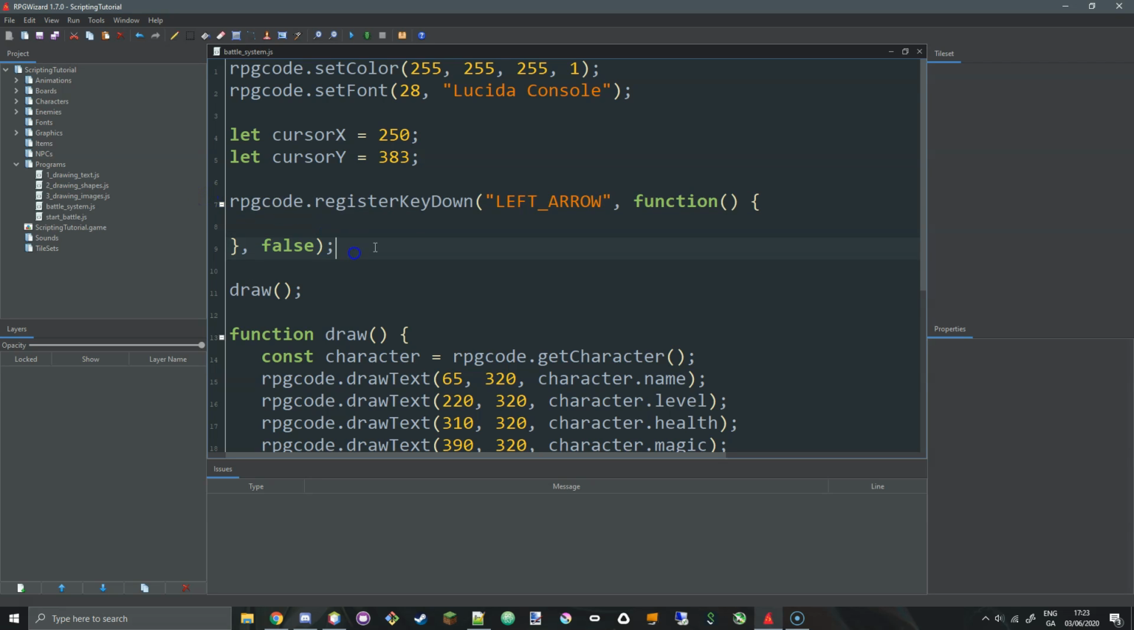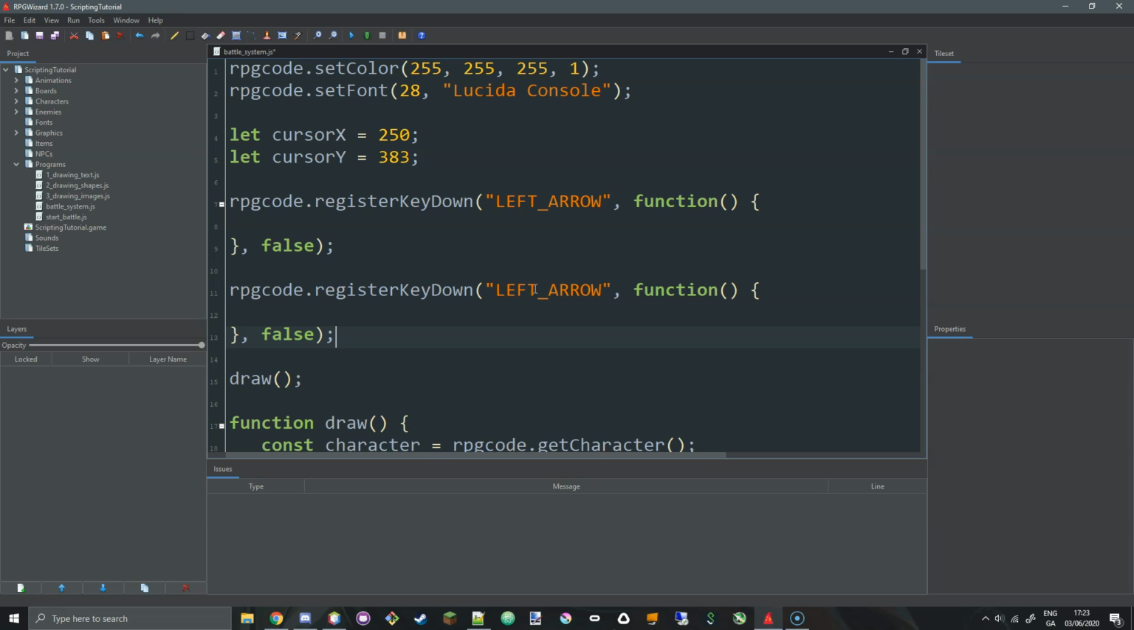So I'm just going to copy and paste. I'm going to just go right arrow too. Okay. So in terms of the keys,